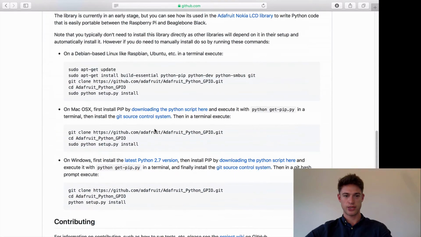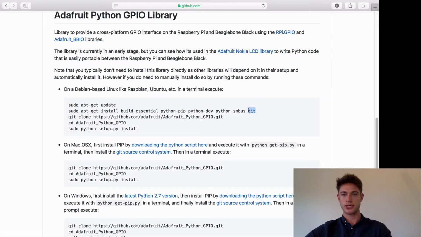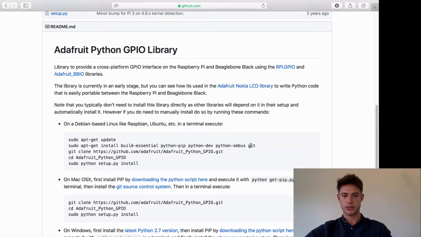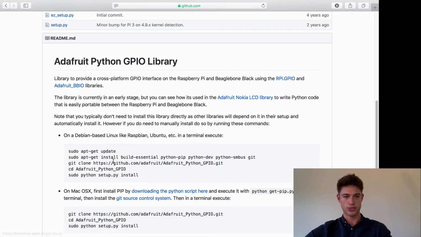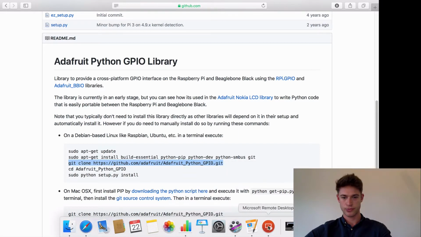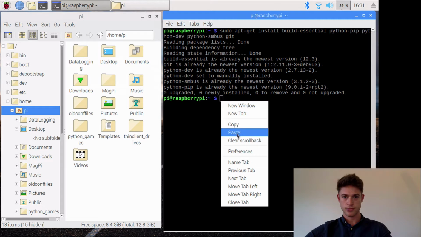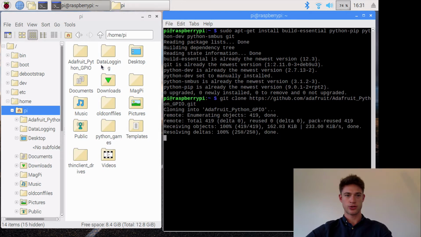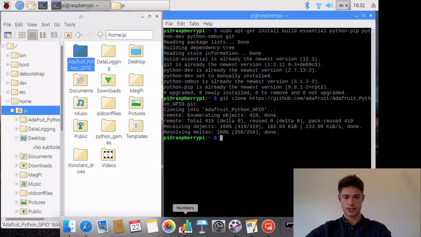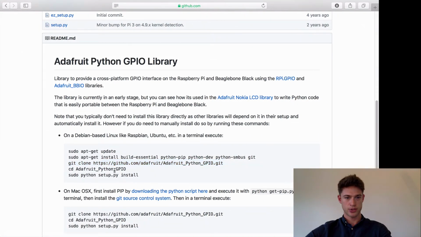But since we installed Git, we now have a program called Git with which you are able to automate a lot of this process. So what we need to do is basically this right here. So I'll just copy this and paste it here. And so now it is actually cloned, so it's basically downloaded this folder right here. And then next, and they give us the instructions here, we need to go into this folder and start the setup